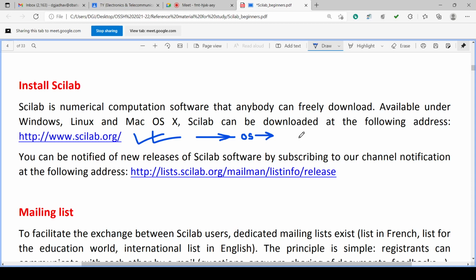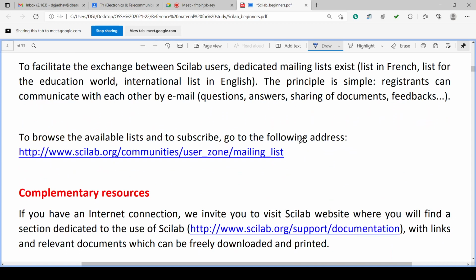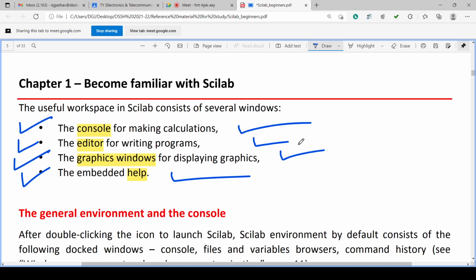If you are using Linux, download for Linux. Download it, install it, click it, and it will launch the software. There are 4 windows in the software: console, editor, graphics window, and help window.